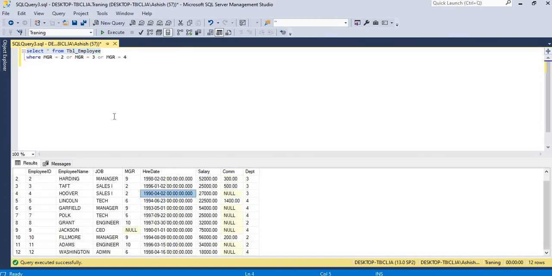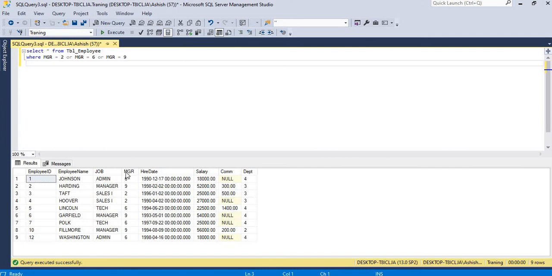Okay, I'll go with 6 and 9 so that you will understand properly. See guys, those manager IDs which are 2, 6 and 9, that is returning, but that is the long way to apply the condition.